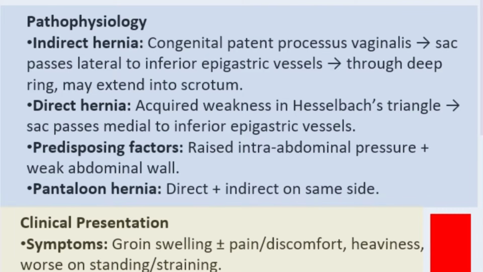And this can be due to risk factors like smoking, which interrupts collagen synthesis. It can be things like lifting heavy weights, because already the way the three layers of the abdomen layer on each other, the transversalis, the internal oblique and the external oblique, is not going to be very good at this one point. It's going to be the one point of weakness. So if there are other factors coming into play that increase the intra-abdominal pressure, it will be very easy for the viscera to herniate through this orifice. And we have the pantaloon hernia, which comes when we have a direct and an indirect hernia on the same